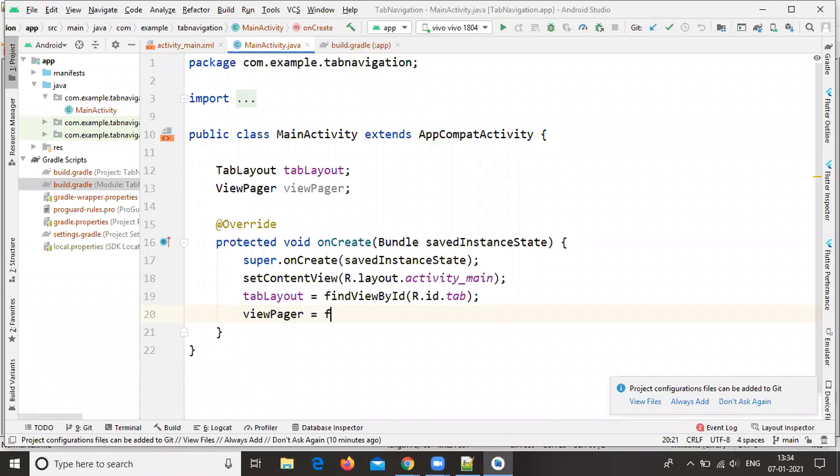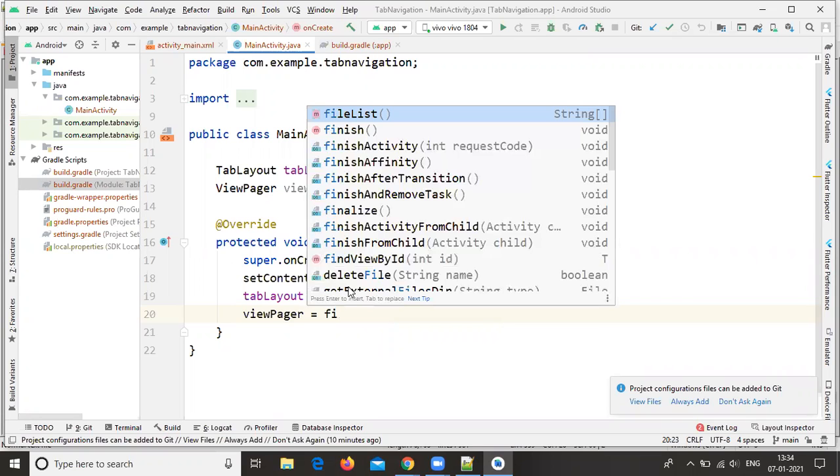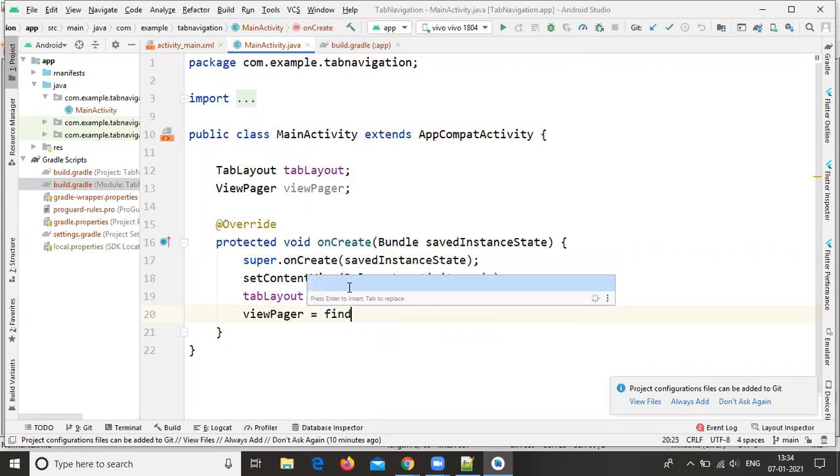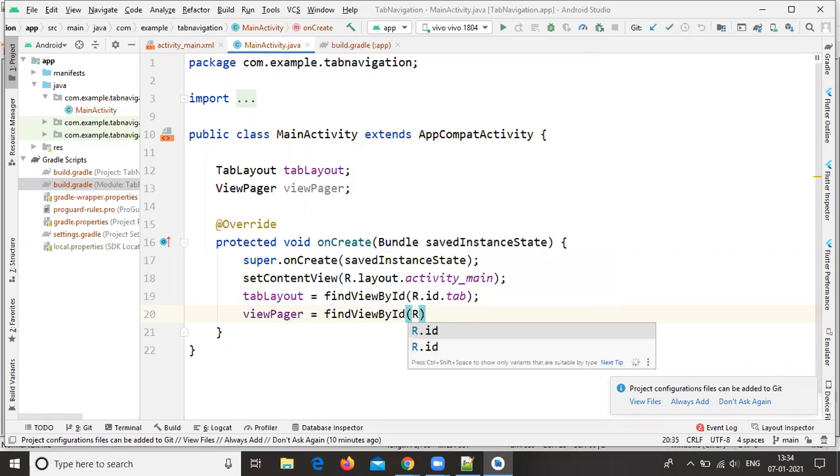ViewPager, findViewById R.id.pager. So here I'm writing the tab layout id and view pager id.